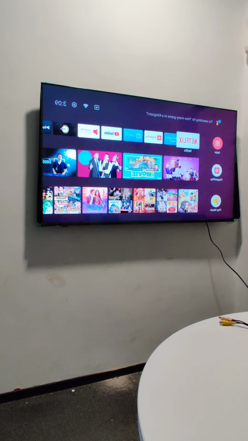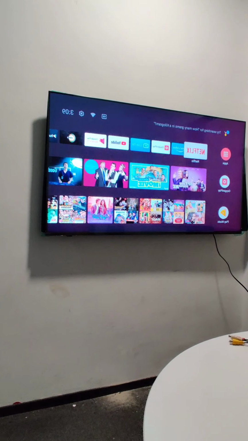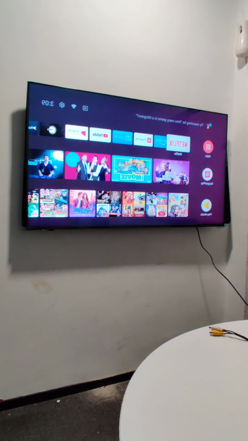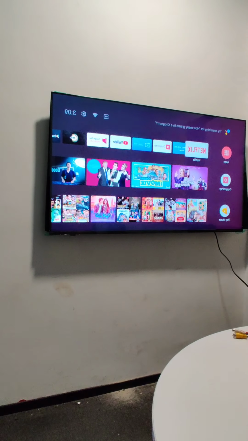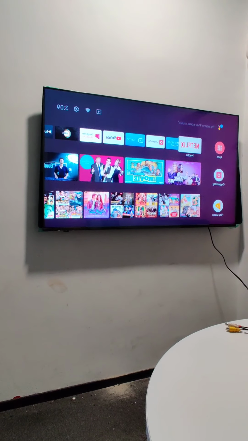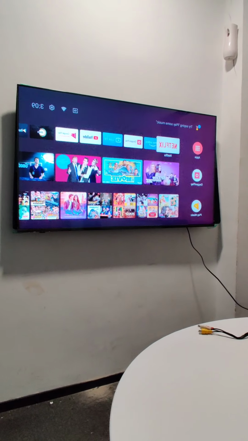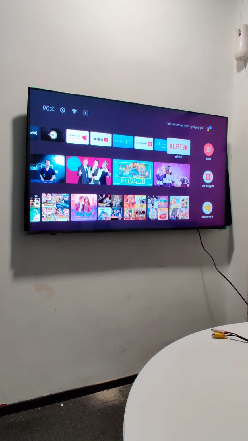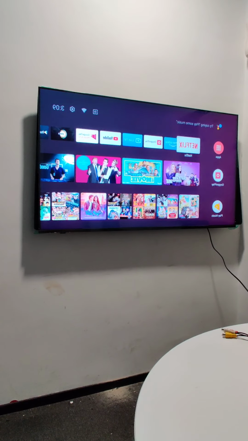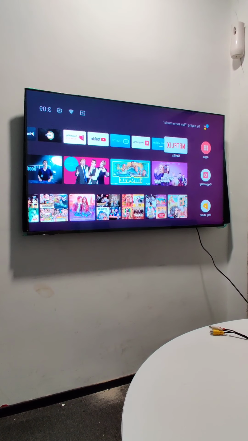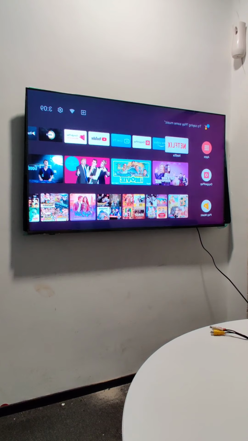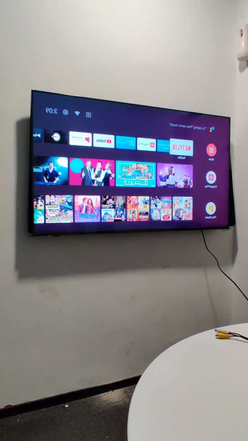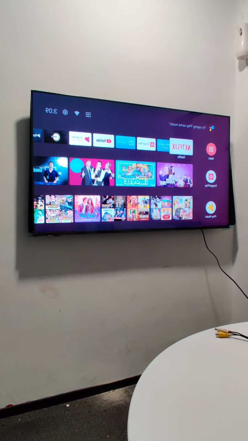To do that you have to follow a few setup instructions to add a new kids mode window to your TV, and make sure to maintain the password, or we can say pin, which you are using to create this kids mode, because this is something very important. If you forget that, maybe we'll be facing some issue to come back to normal mode. So let's see how to use this kids mode.